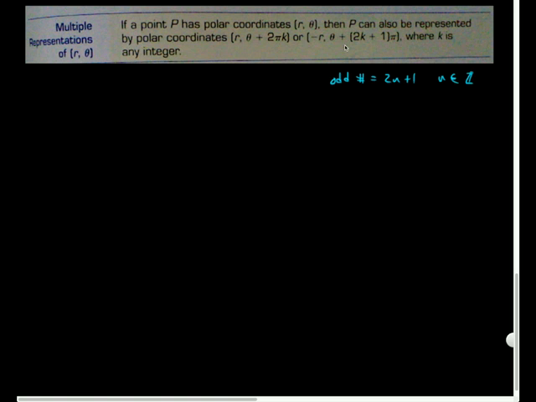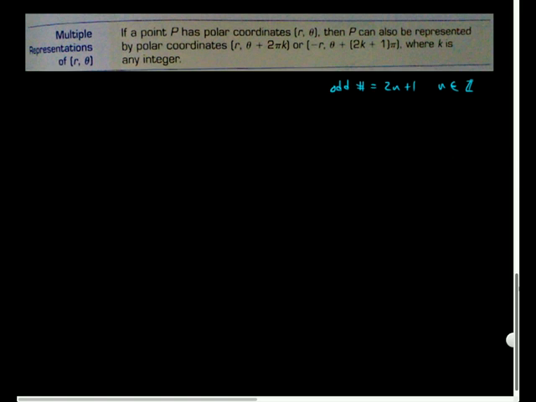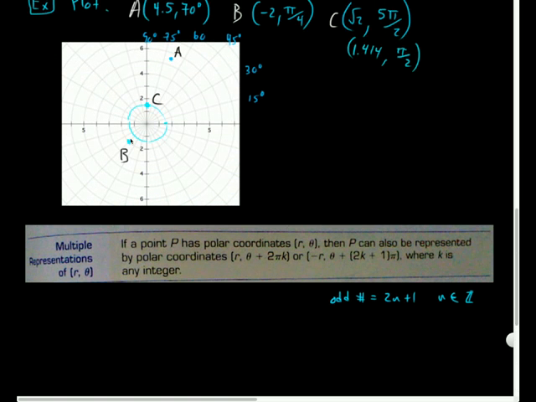So basically they're saying adding an odd number of pi, and pi is 180 degrees, or a half revolution around a circle. So if I add any odd number of pi, well, let's actually consider that on our previous sketch. So B here,